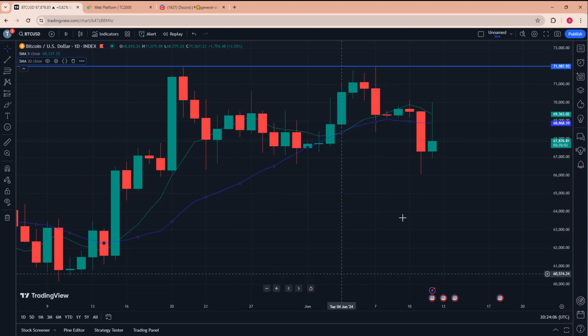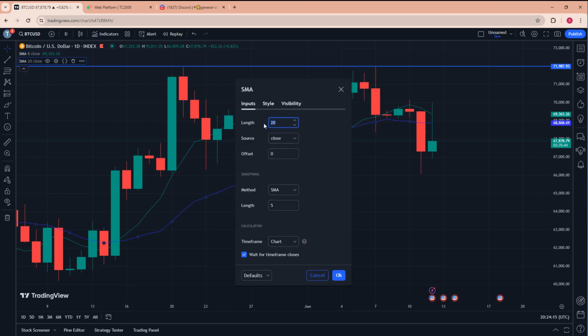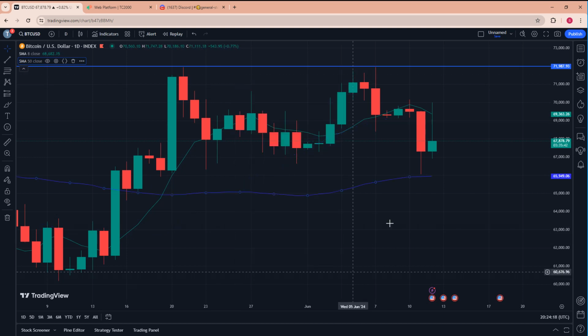Real quick, just so you can see it. We're under the 8, we're under the 20. Yesterday we lost under the 8 and the 20, right? That's why I moved this thing to the 50, because I was like, look, and I haven't said it yet, but I'm going to say it right now. We cannot lose